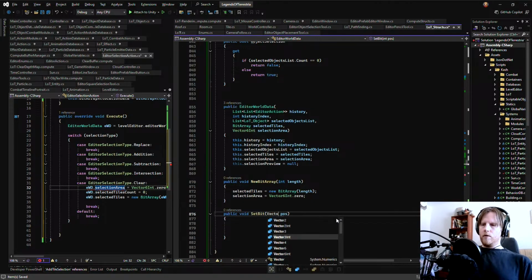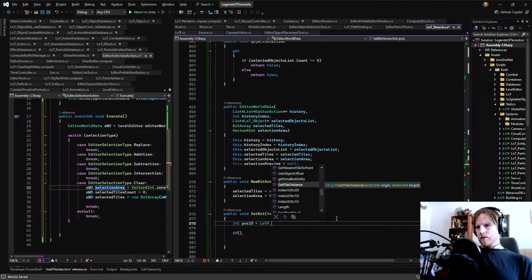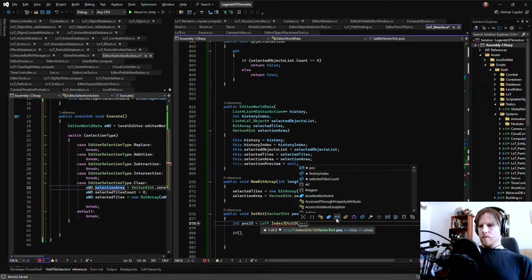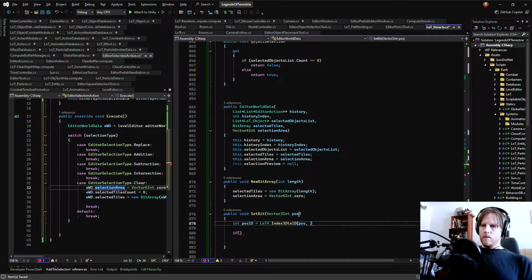What if we take a vector 3 int position and then we say if int position 1D equals LOTF dot 3D to 1D position, int x size, int y size.